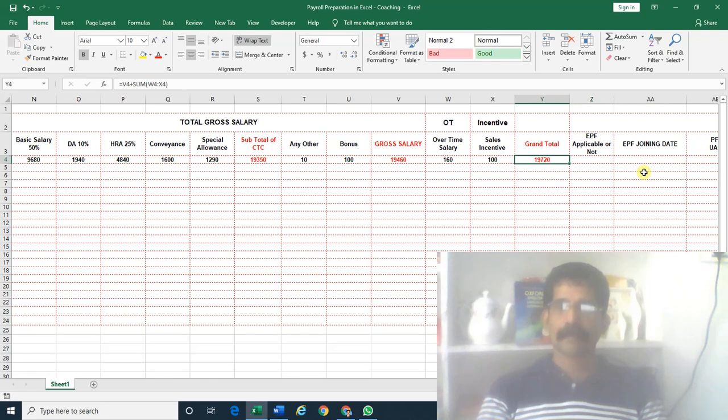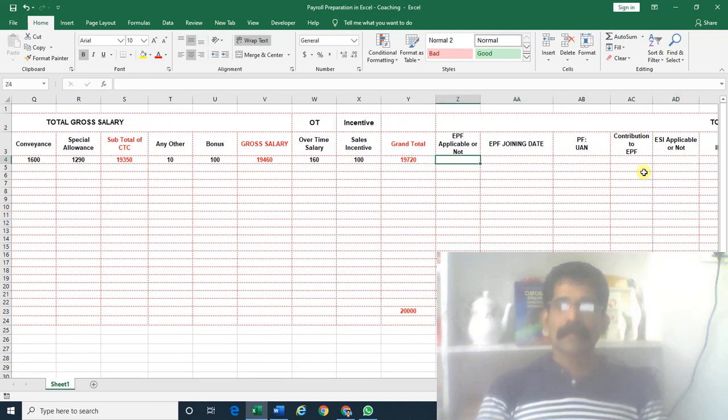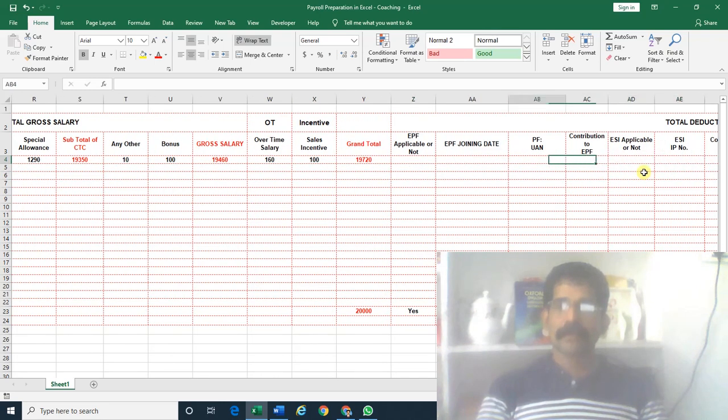Now we go to salary. In the next session, we will study whether that employee is applicable for EPF, EPF joining date, EPF UAN. These all have validations.